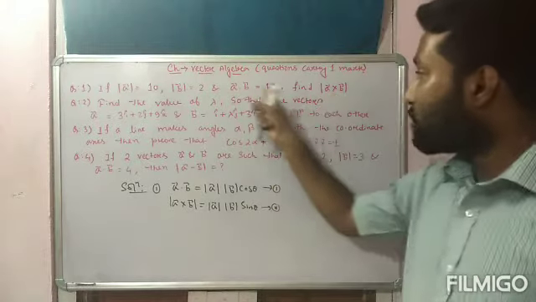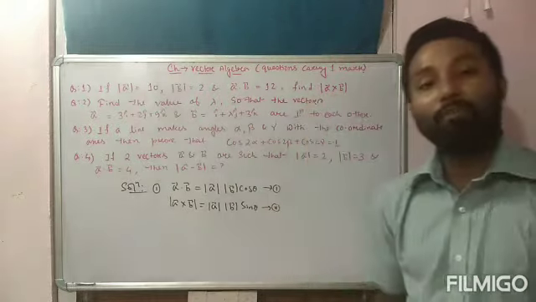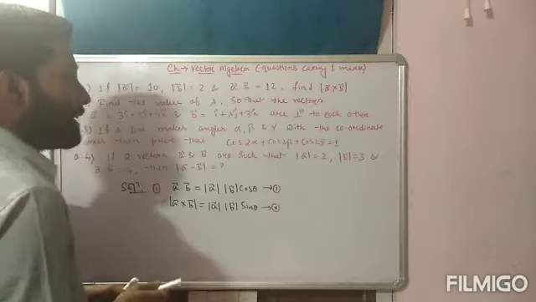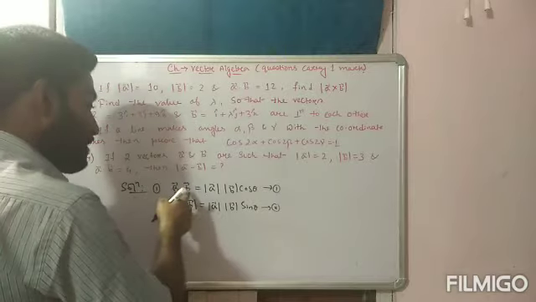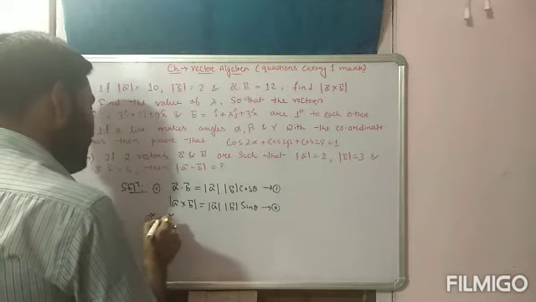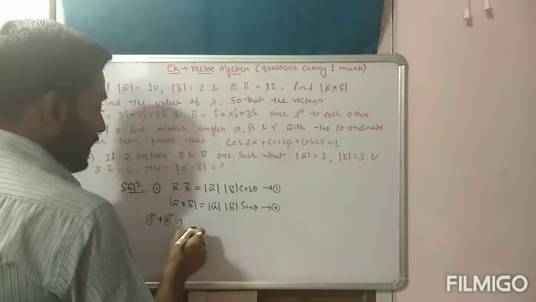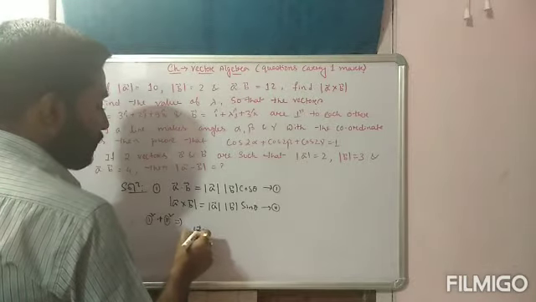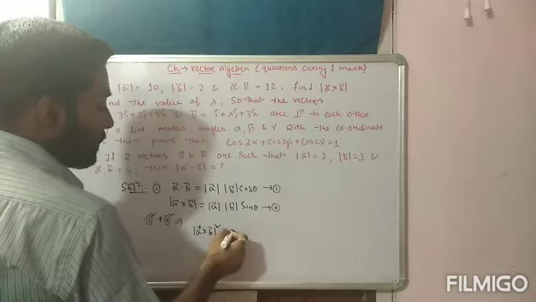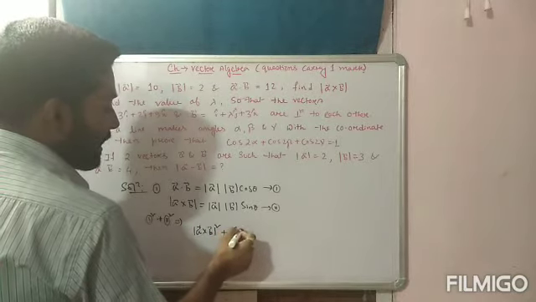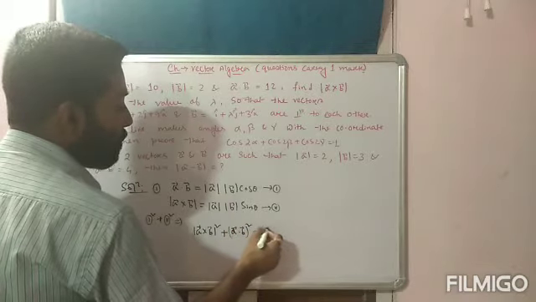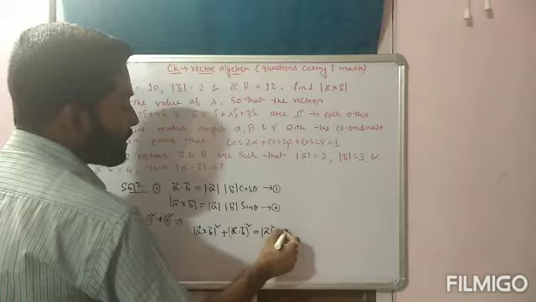So you have to use this value, the value of A dot B. And you are asked to find, by using these three values, the value of mod of A cross B. So since you have to use the value of A dot B, that's why I am using these two formulas. Now squaring and adding these two formulas, that is 1 square plus 2 square, we get mod of A bar cross B bar whole square plus A bar dot B bar whole square. This is equal to, we all know, mod A square into mod B square.